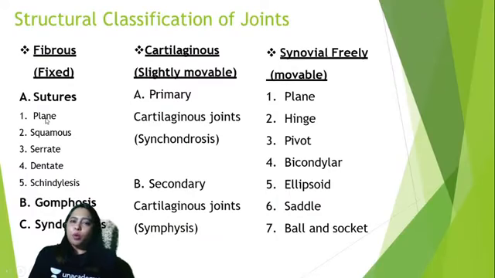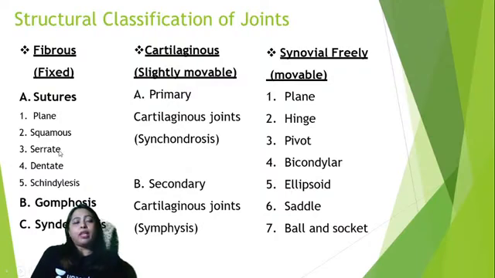What is plain type of suture? When we say plain type, I mean to say that there is no serrated edge or there is no demarcation at all to show that there are two bones that is connected to each other. So this is simply plain edged surface. So this is one type of joint which is seen in the squamous part of the temporal bone articulating with the parietal bone.